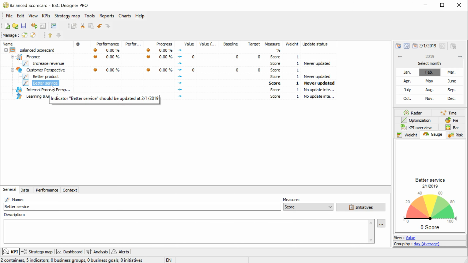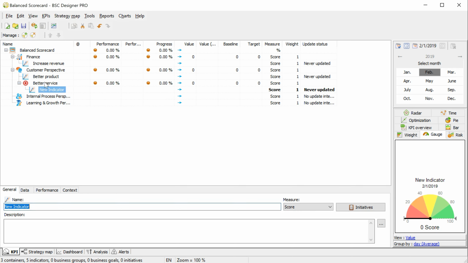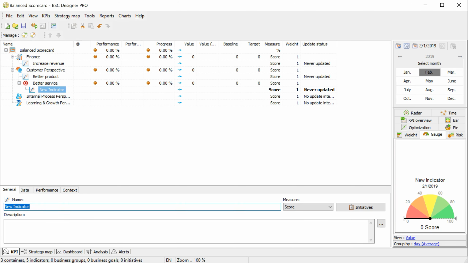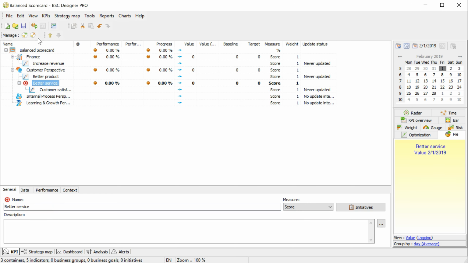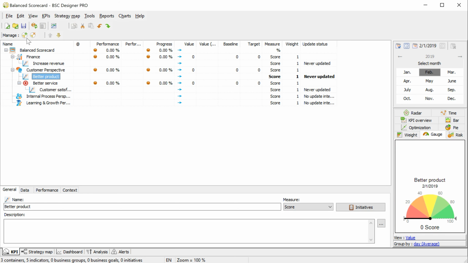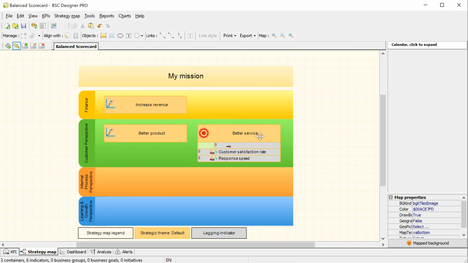Now let's imagine that we need to align some indicators with this goal. Again, in a separate video we discuss how to do this, all the nuances about this, but I will do it just quickly. I'm picking the goal, clicking this button, new indicator, and I enter here some indicator. For example, it can be customer satisfaction rate and for example, it can be response speed. I have created 2 indicators